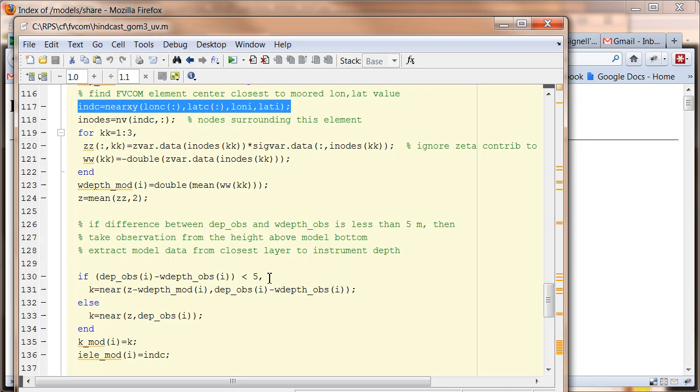But if it's too close to the bottom, I'm not going to use the depth of the data. I'm going to use the depth of the model instead, because the depth in the model might not be the same as in the real world. And it's more important to be 5 meters off the bottom in the real world or the model than to be at the right space in the real world, which may be below where the model was even representing. So anyway,